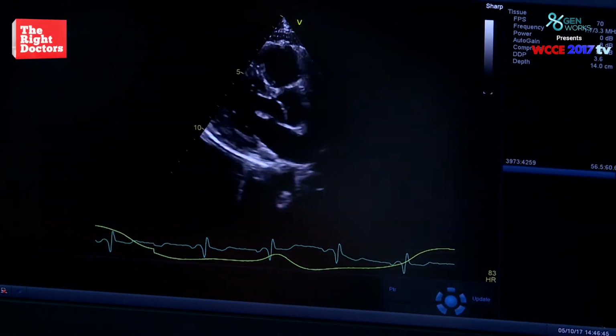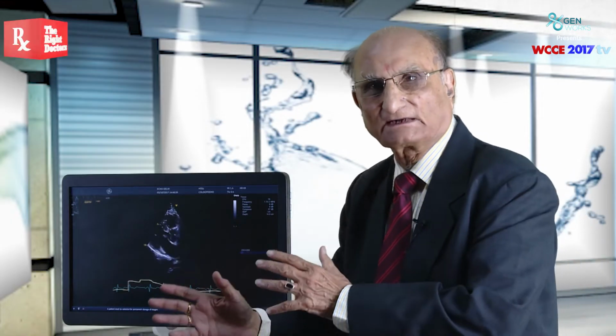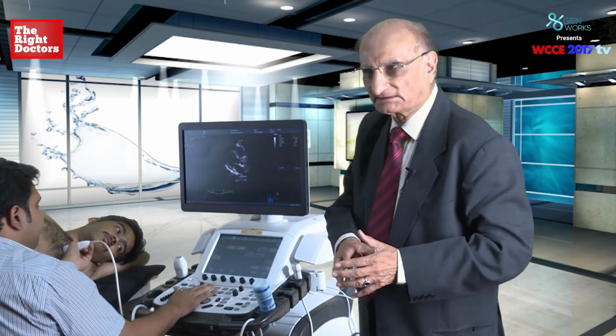So the basic dictum of a valvular pulse Doppler is: in which scan planes am I seeing the valve, and am I parallel to the flow? For example, the mitral valve you can see best from the apical 4-chamber view, apical 3-chamber view, or apical 2-chamber view. Similarly, the tricuspid valve you can see from the RV inflow view, from a short axis view, apical view, and a subcostal view. So these are some of the basic things.